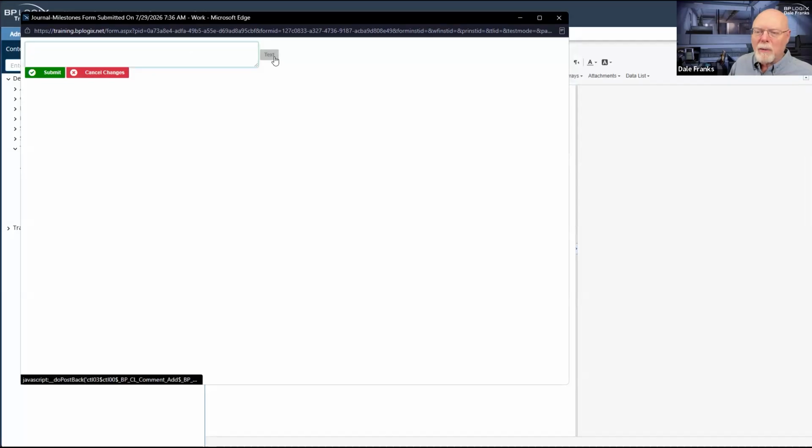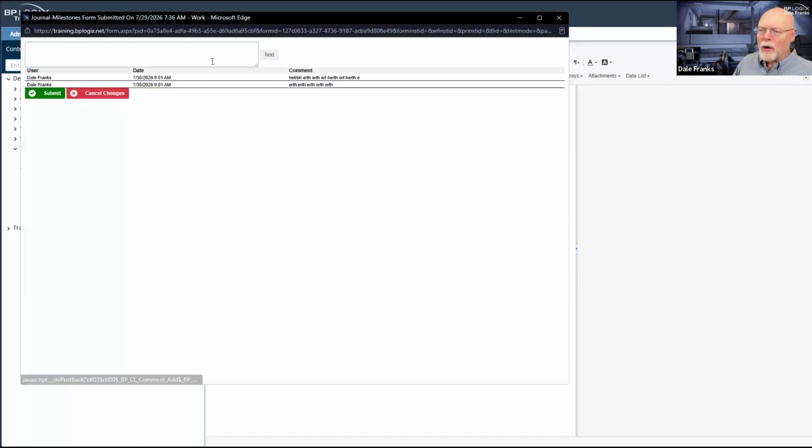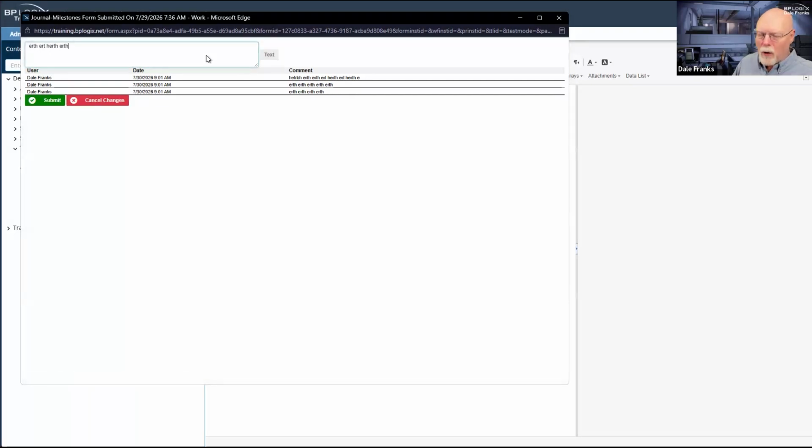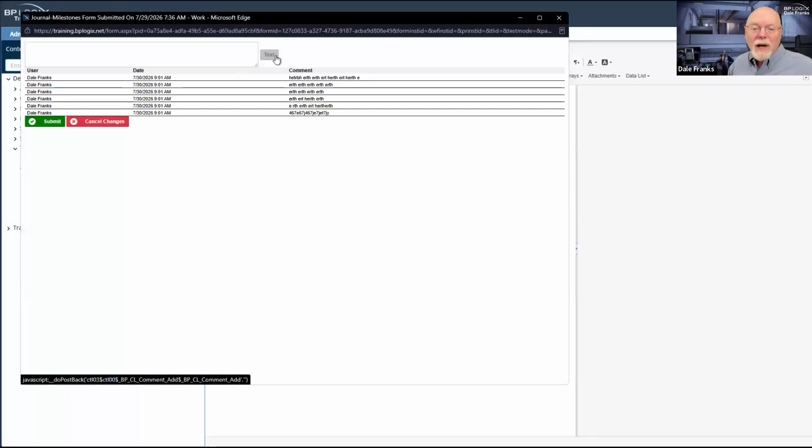I suppose I probably should have put something on the button other than text, but I can just throw some comments here. And the comment control itself by default goes all the way across the width of the form, or a table if you put it in a table, or in a section control, whatever it may be. And what it enables you to do is just throw a whole bunch of comments in, and it just keeps them chronologically, which is, I suppose, fine for some uses.